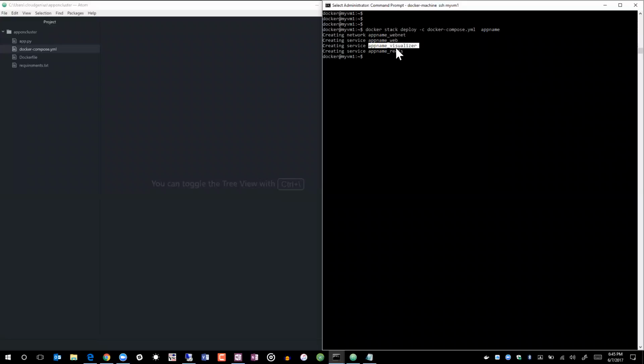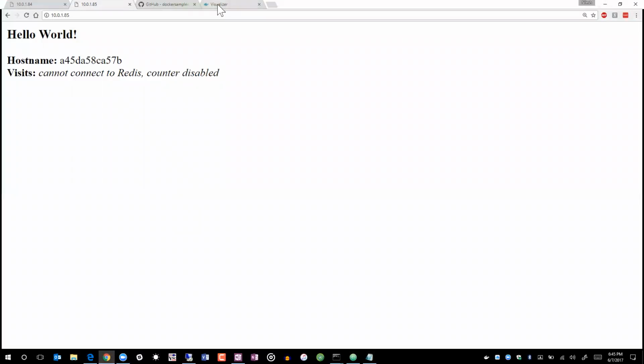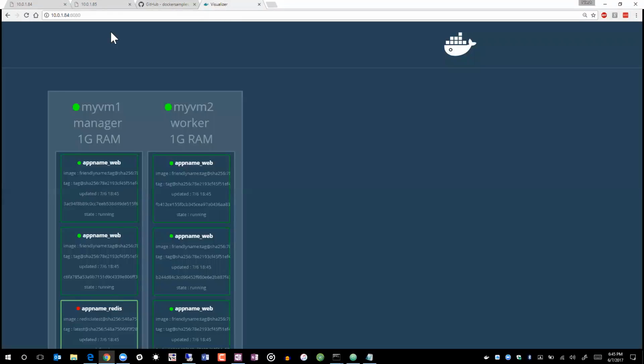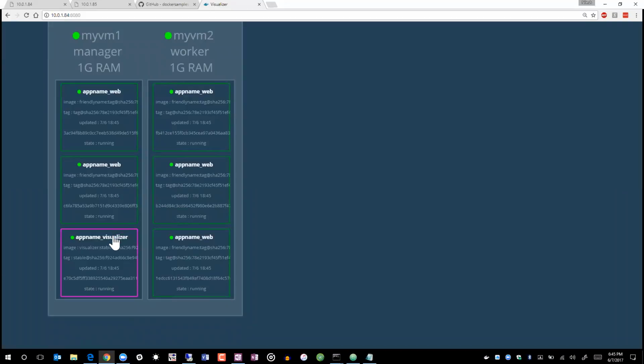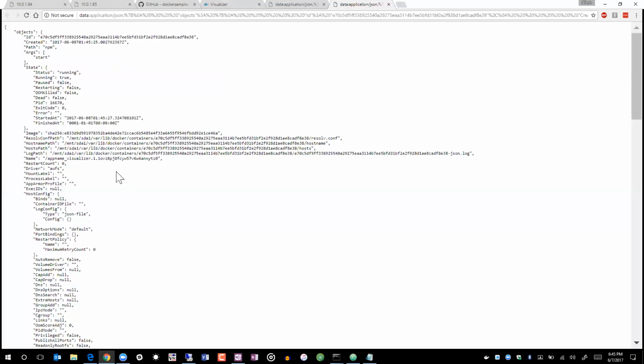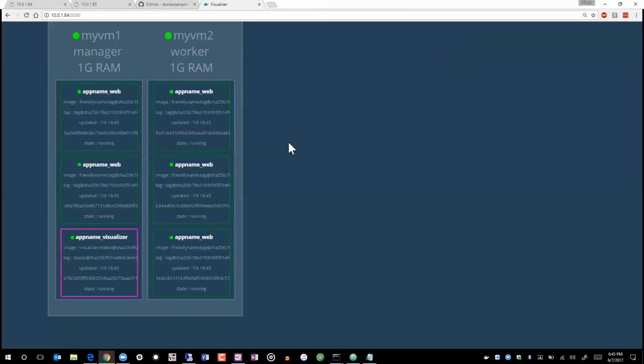We have a visualizer service also running on the main VM1 box. And that is what we are looking at here in the visualizer. We will go and see that it has our visualizer running. Oops, did not want to double click. I want to refresh this page. And I want to see my Redis service, which is not visible yet, but my visualizer is running and my